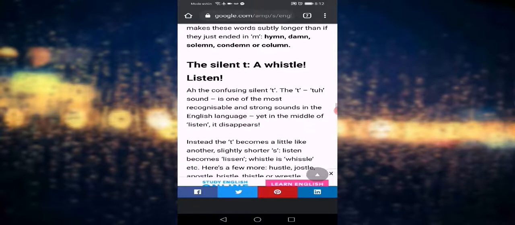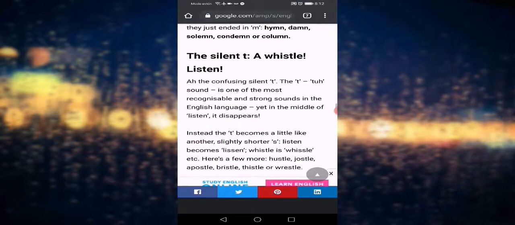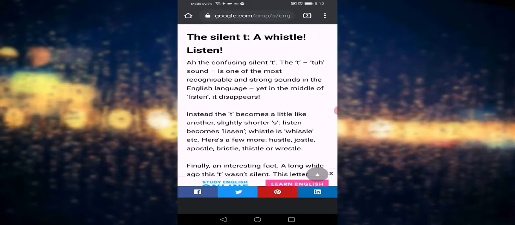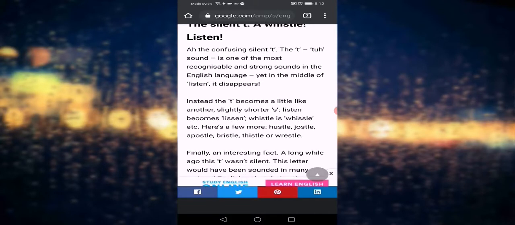The silent T. The confusing silent T. The T sound is one of the most recognizable and strong sounds in the English language. Yet in the middle of words like listen, it disappears. Instead, the T becomes a little like another, slightly shorter S. Listen becomes listen. Whistle is whistle. Here's a few more: hustle, jostle, apostle, Bristol, thistle, or